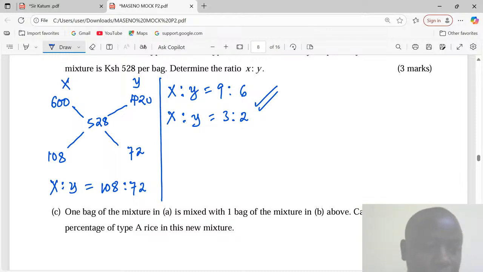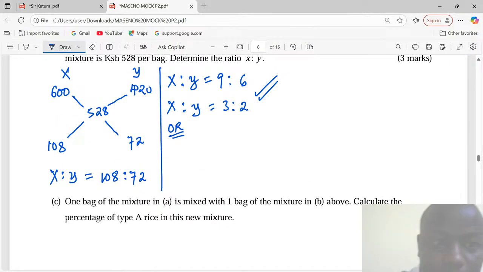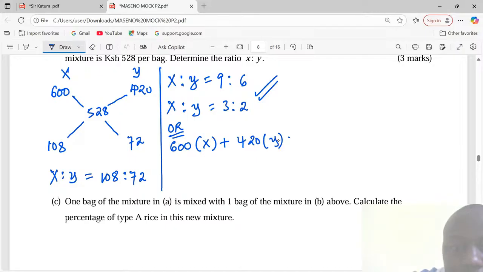Okay, I had talked about an alternative working to this, and I think it's good we check it out. This is an alternative, not a continuation. We can say this, that we are having 600 multiplied by X bags plus 420 for B multiplied by Y. This will be the cost of the mixture, but now we can divide it by the number of bags mixed, X for type A, Y for type B. So that now the resulting mixture will cost